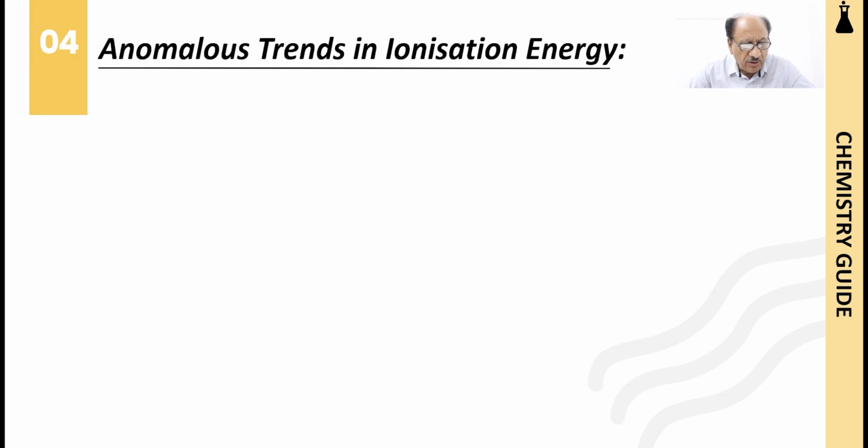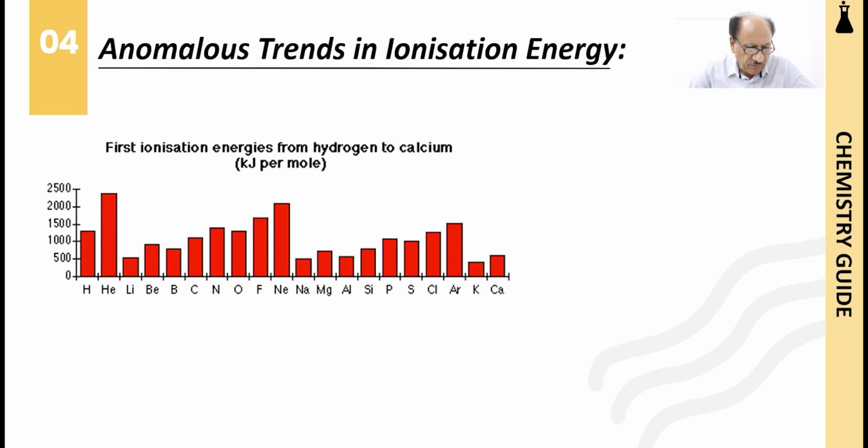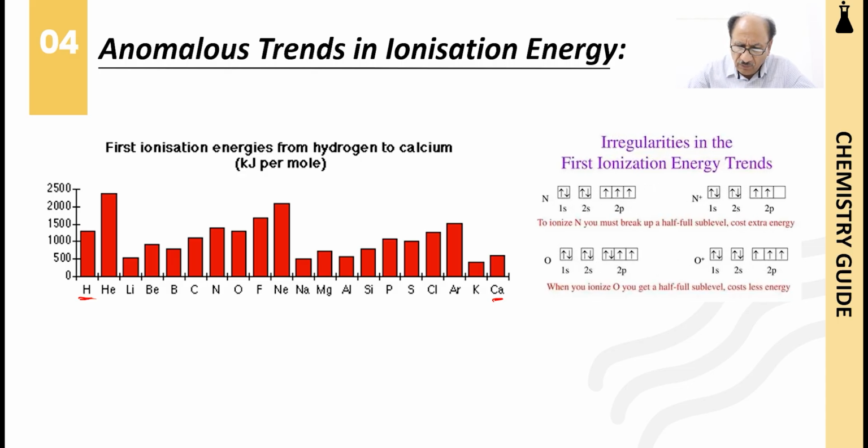Next thing, we will be going through anomalous trends in ionization energy. There are some anomalous results also. If we see this one, this is from hydrogen to calcium. We have shown first ionization energies from hydrogen to calcium in kilojoules per mole, and this is basically the electron distribution for nitrogen and oxygen. We are discussing this specific anomaly, and if we see nitrogen and oxygen, in case of oxygen the first ionization energy is lesser as compared to nitrogen. The reason for this is